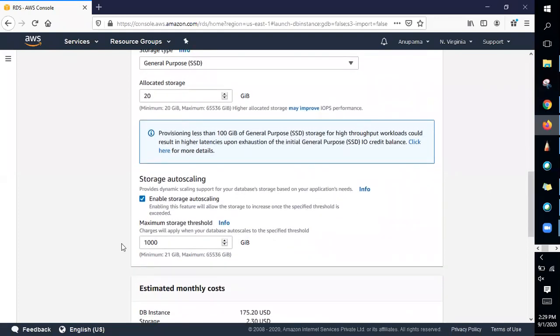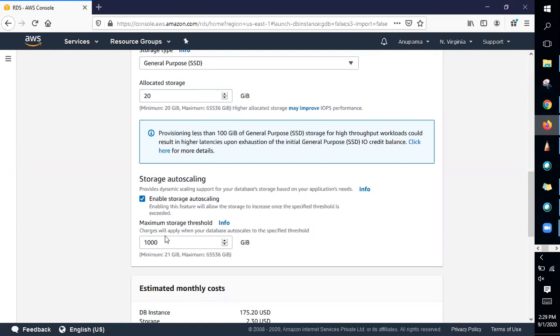And maybe I would be creating a 20 GB volume as of now, but later at some point of time, what if my data increases? You have a feature called auto scaling. If you enable that, even if your data crosses the volume which you defined, the database will automatically expand, automatically scales.